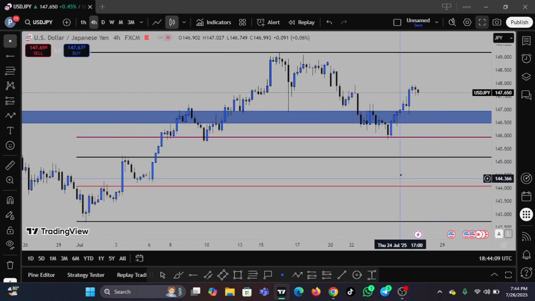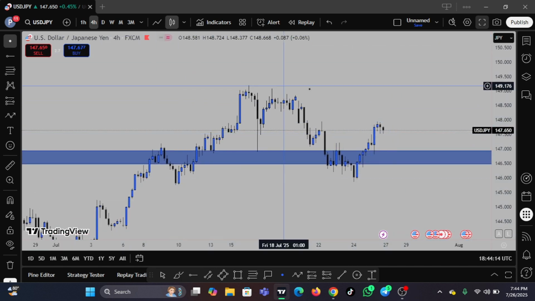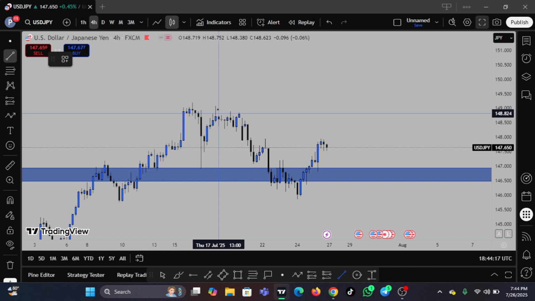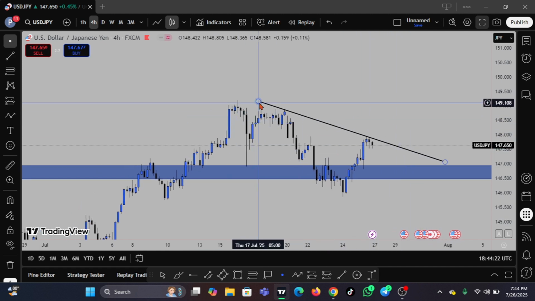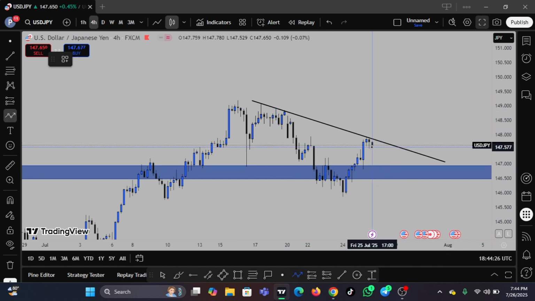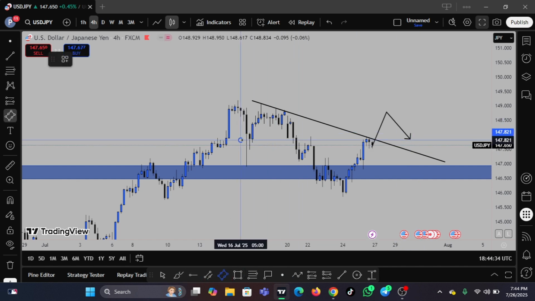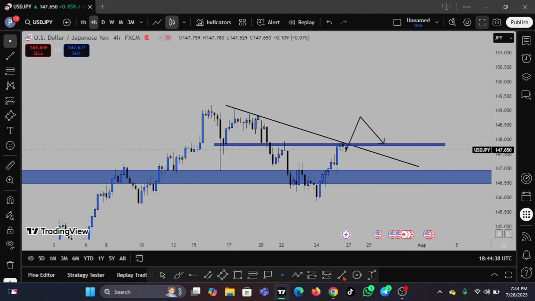Let's see what we have. So 4-hour time frame here, let me remove this. Thank you, fib. On the 4-hour chart, I have my counter trend line. If we do break above this counter trend line, I'll be waiting for a retest on this minus zone here. Then I'll be looking to push to the upside. This is how I'll be entering these markets.